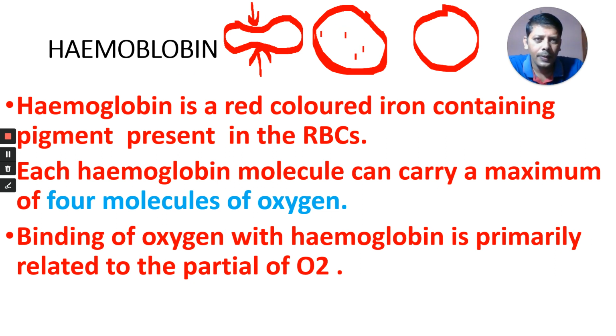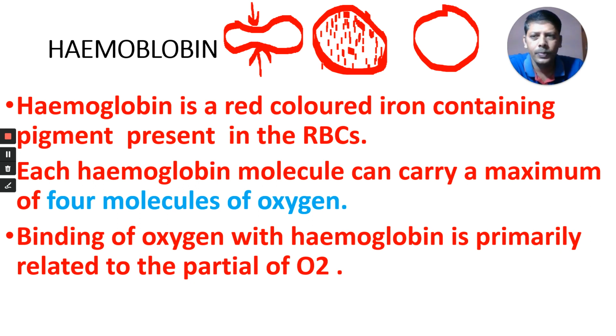In this RBC there are a lot of hemoglobin molecules. In mature RBC there is no nucleus. Why is the nucleus absent? It was given in a previous NEET exam. If the nucleus is absent, it can accommodate more hemoglobin molecules. Therefore, hemoglobin can carry more oxygen to our tissues. That is the benefit of enucleated RBC. But in camel and llama, which are also mammals, nucleated RBC are present. In human beings and other mammals, RBC are enucleated.